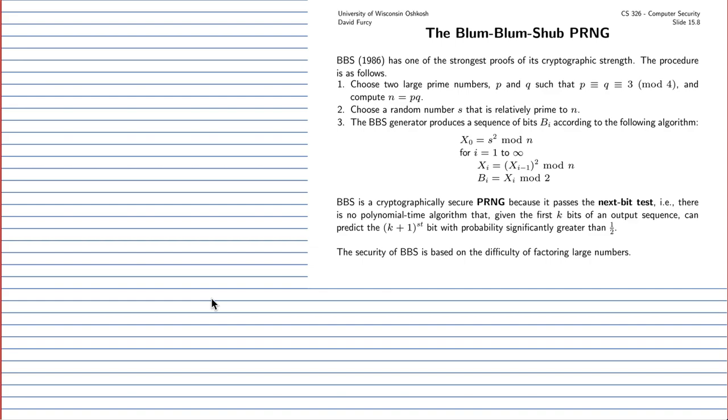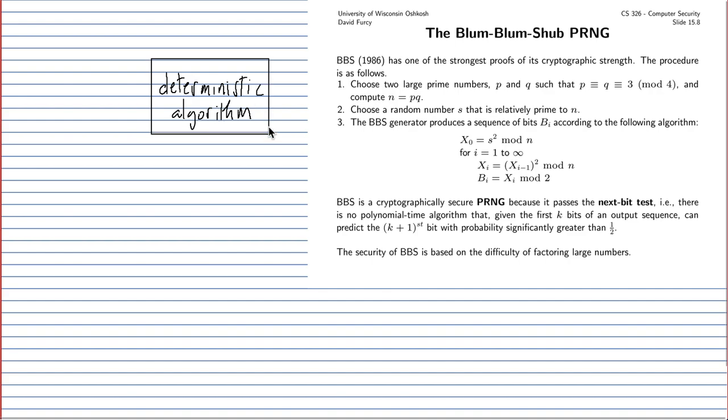So remember, the general structure was to use a deterministic algorithm as the core of the process, and this algorithm was fed as input a single seed number, and it will output a sequence of pseudo-random bits,